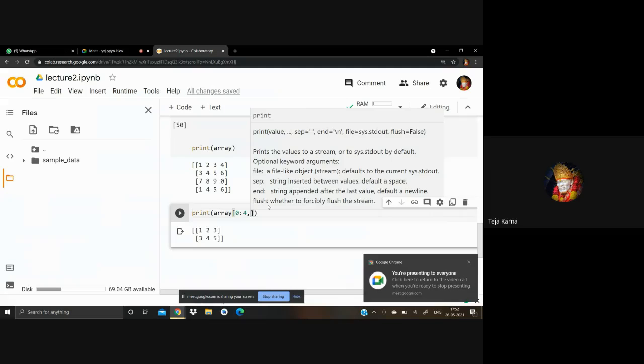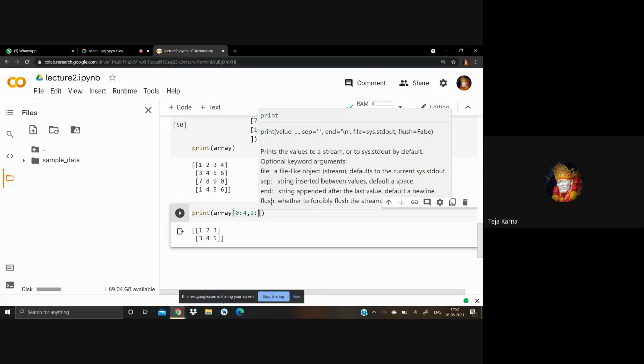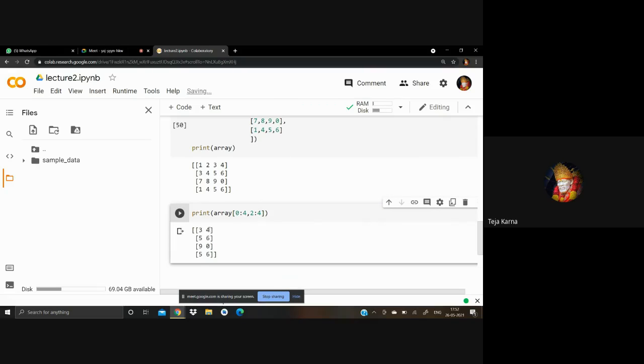3 colon 4। अच्छा, तो मैं ये पूछ सकता हूँ, 3 colon 4 क्यों आएगा? स्टार्टिंग इंडेक्स हमेशा 0 से होती है, पता है ना? तो 2 colon 4. फाइन। लास्ट के, अब देख लीजिए यहाँ पर 3 4 5 6 9 0 5 6, फाइन।